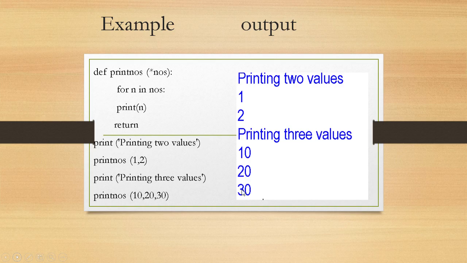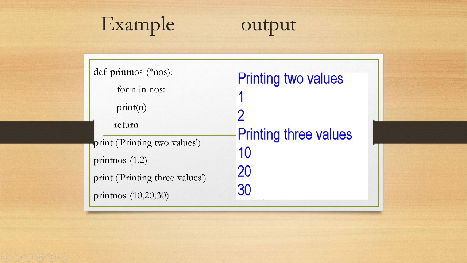So in the case of variable length arguments, the arguments are not fixed. That means we can use only one parameter name and specify an asterisk in front. It says that it can accept multiple number of arguments, many arguments. Using the call statement, I can send as many arguments as I need. Here I have mentioned only 2 arguments, and in the second call statement I have mentioned 3 arguments. So it's not fixed. As many arguments as you want, you can send. This is about the variable length argument.